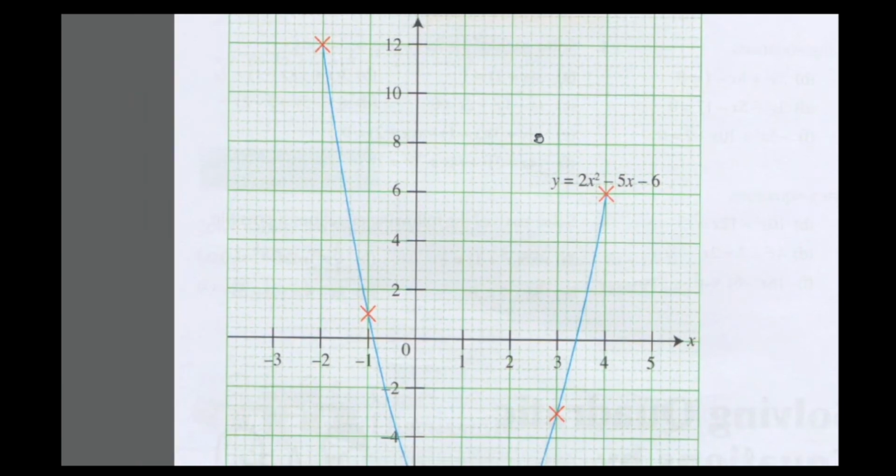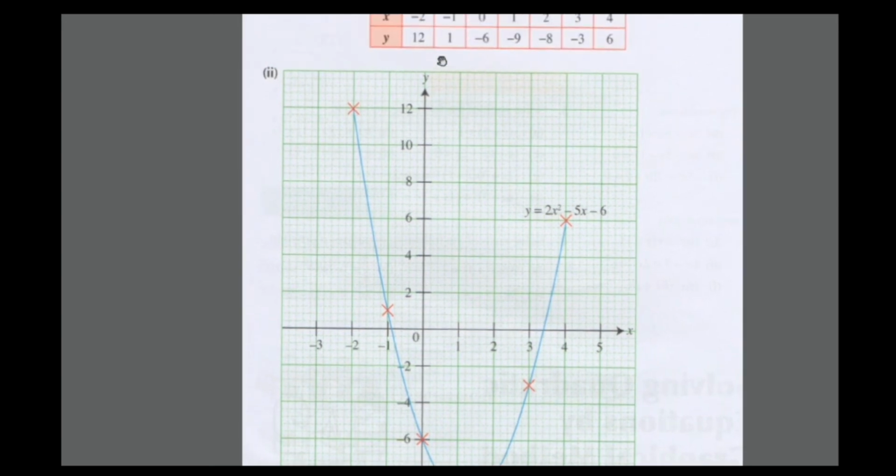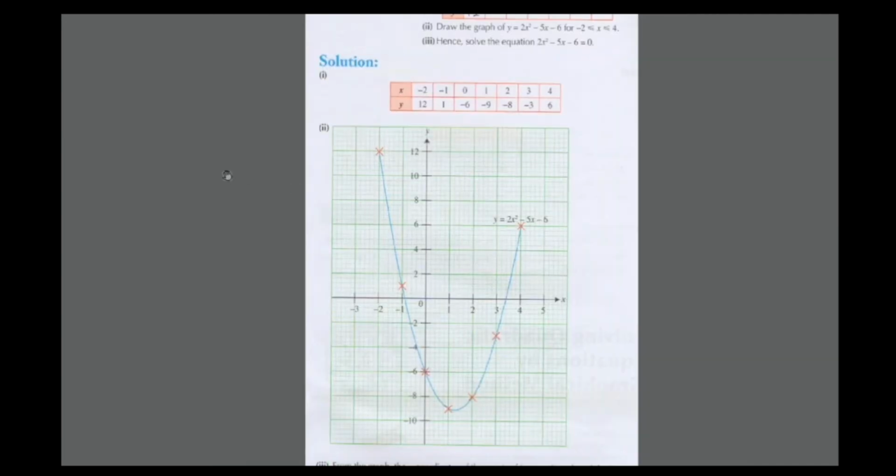So the way to do it is that you need to mark out all the values on your table here. So mark out the first value. When x is -2, y is 12. So when x is -2 here, y is 12. See? So when x is -2, y is 12. So you put an x here. And then when x is -1, y is 1. So on and so forth. So once you put in everything,